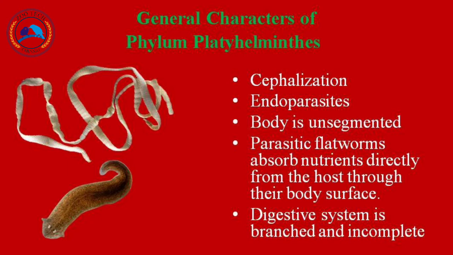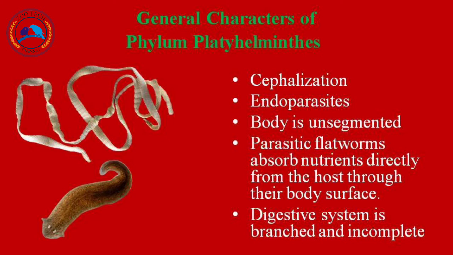Talking about the digestive system, in the endoparasite, that is the tapeworm, they do not have a digestive system because they take the digested food from our body. For instance, the tapeworm Taenia solium is found in our intestines. It takes the food which we have already digested, so it does not have to digest. So the digestive system is absent in the case of endoparasites, but the digestive system is present in the case of free living forms, the planaria. That is the difference you need to understand.